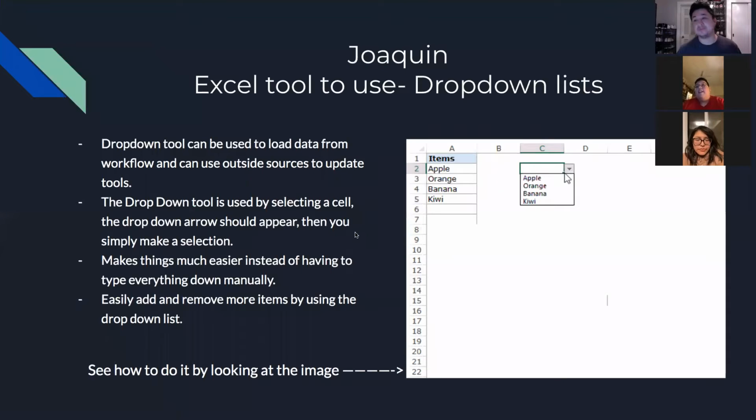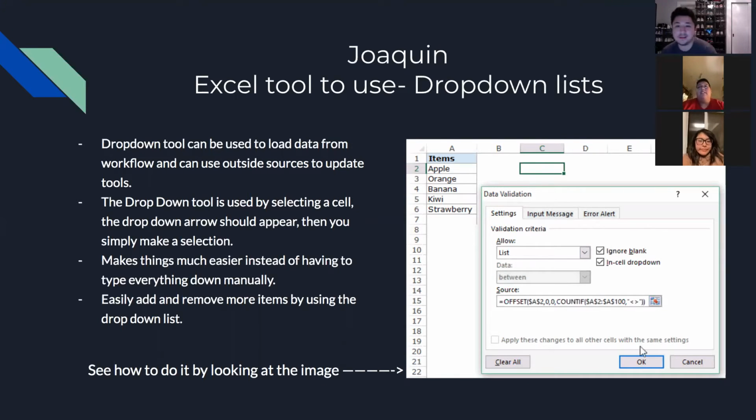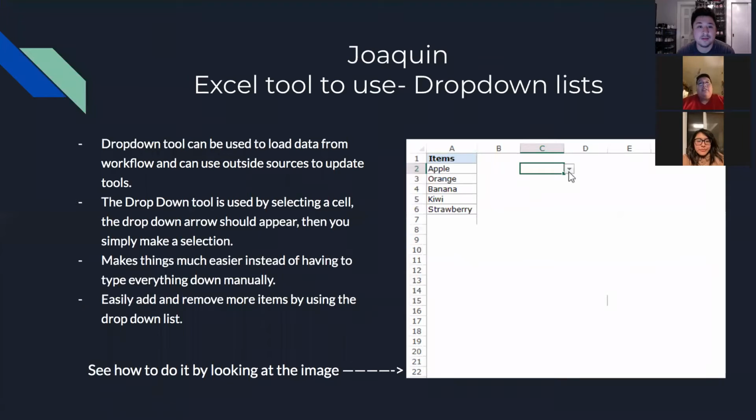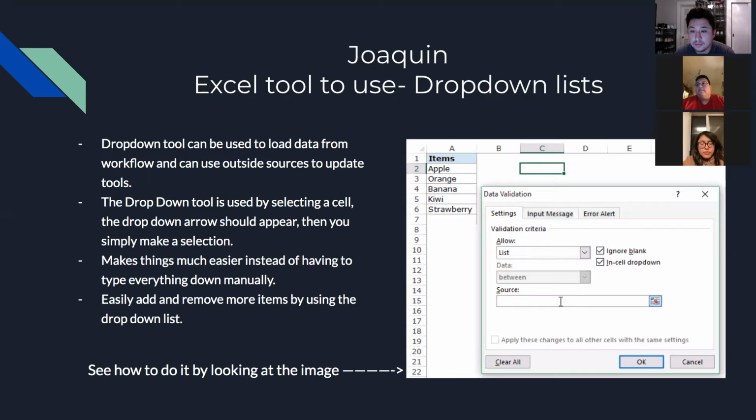Okay. And the presentation that I decided to show you guys how to use was the drop-down list. So the drop-down tool could be used essentially to load data from other sources, such as when you have an assignment to do and you need to put down stuff for a project, or just for ordinary things at home, like when you have to do a grocery list and you have to find out how much you need